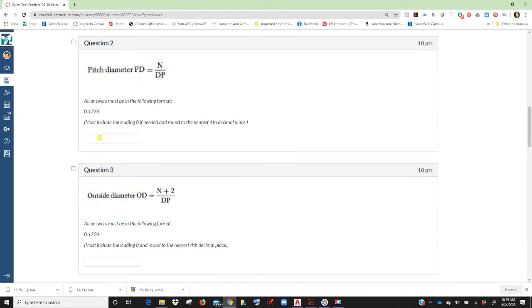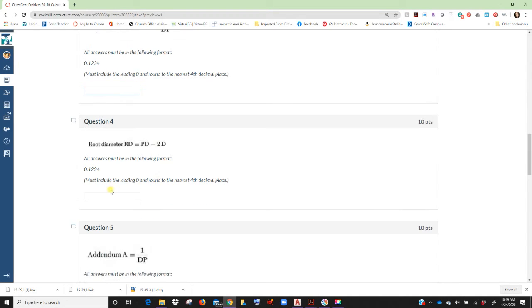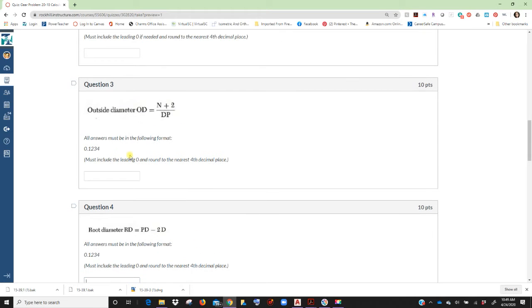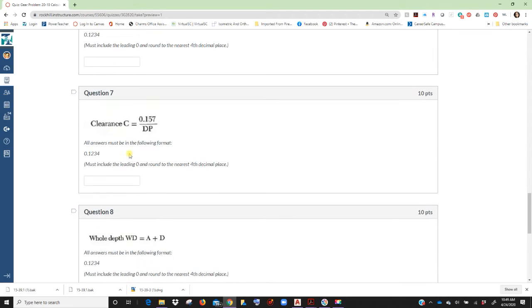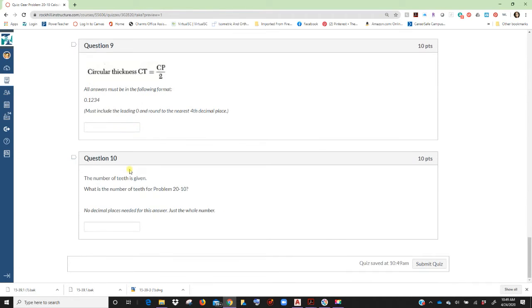So for each one, you're going to type in the number to 4 decimal places, and you're going to round it to the nearest 4th decimal place, okay? So if it's, I don't know, 0.133333333, you just round it to the nearest 4th, and it would be 0.1333, okay? So you're going to do all of these